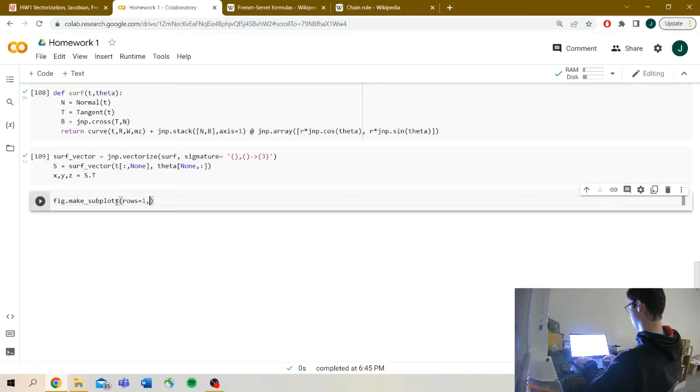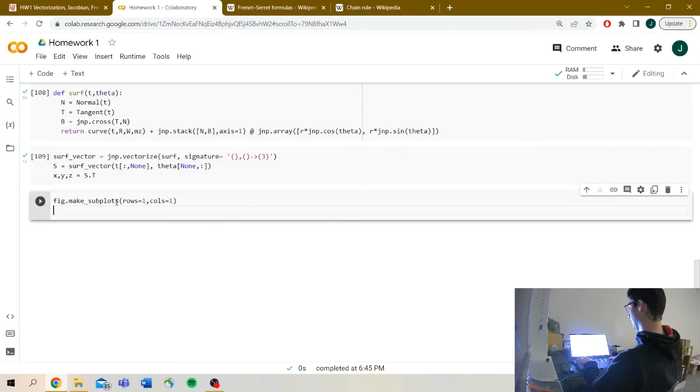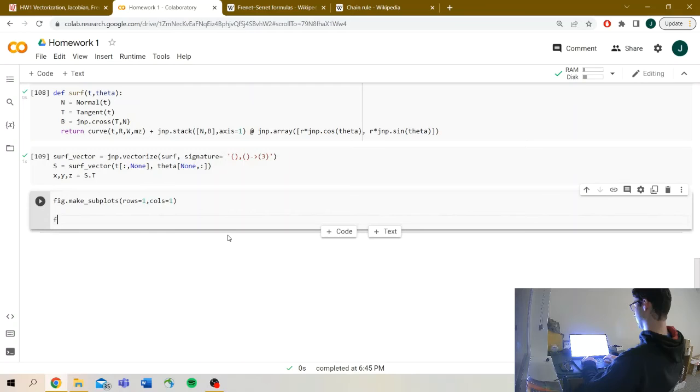Rows equals 1, columns equals 1. Now this is where it gets interesting, because what we're going to do is make two subplots. Since we have both t and theta now, we're going to use a for loop to plot out these points. So first we'll do for